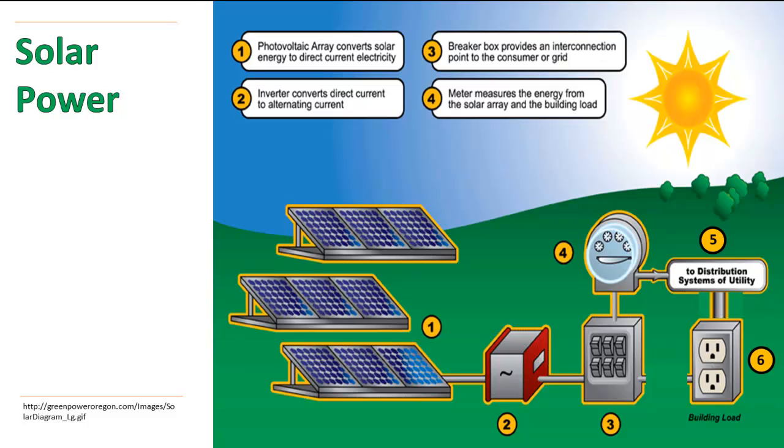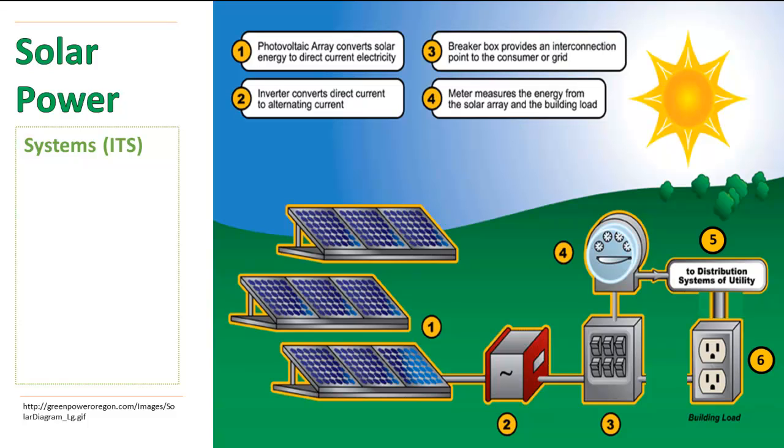So if we look at the steps here, I've messed with this a bit, because one of the things that I see here is step one, the photovoltaic array converts solar energy to electricity. Two, we have the inverter, which is needed to go from DC power to AC power. Three, we have our breaker box where we get our interconnection with the grid. Four, we have a meter reading, and the energy goes out to, and five, out to the distribution to the